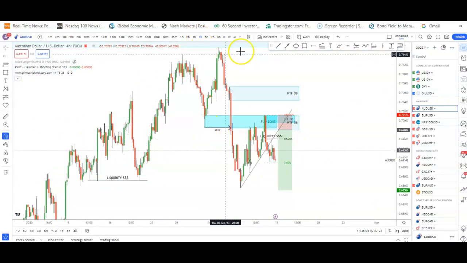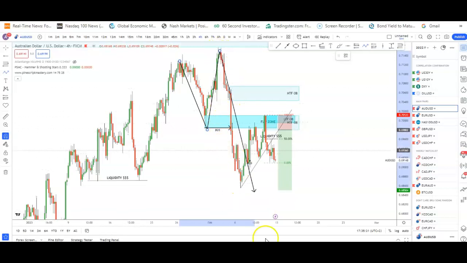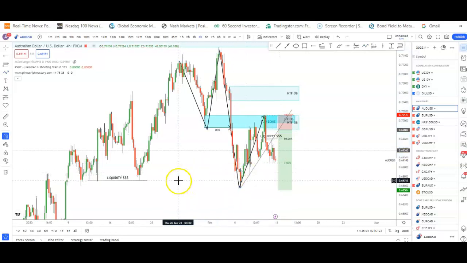We had this breakout structure to the left over here, and then it broke that demand zone. We had the flip over here. Now I'm looking for a continuation to the downside. You just have to be careful for this point because it did take a liquidity here. But let's focus on